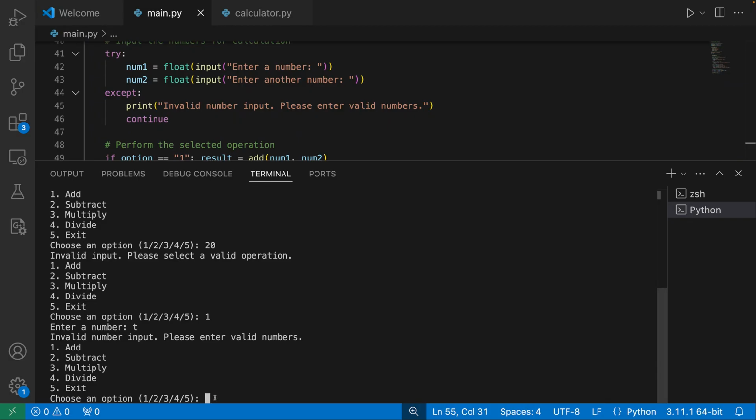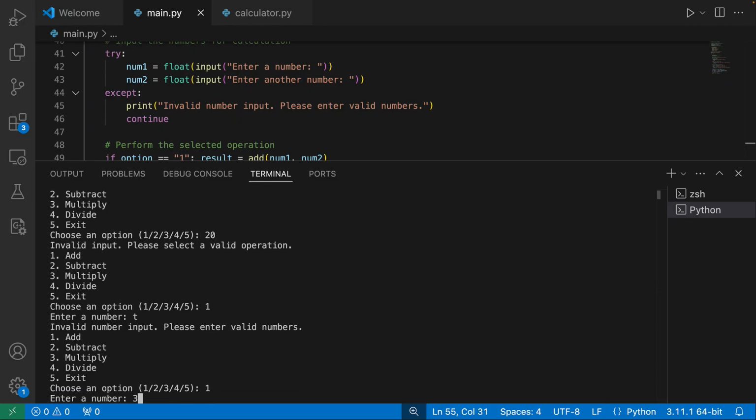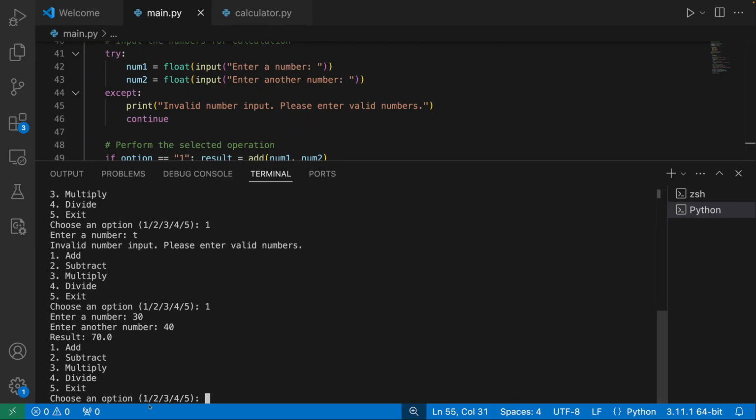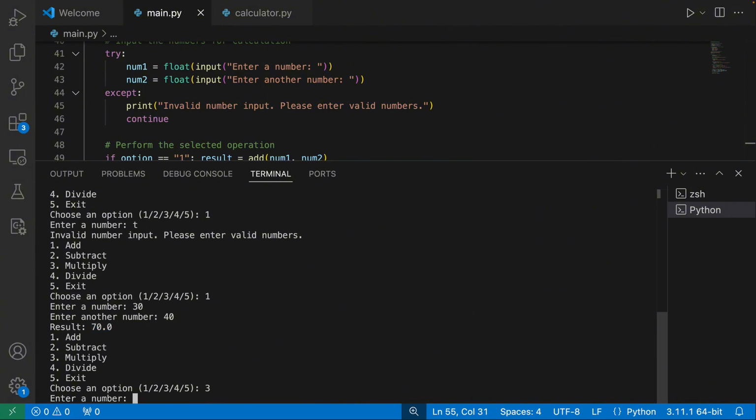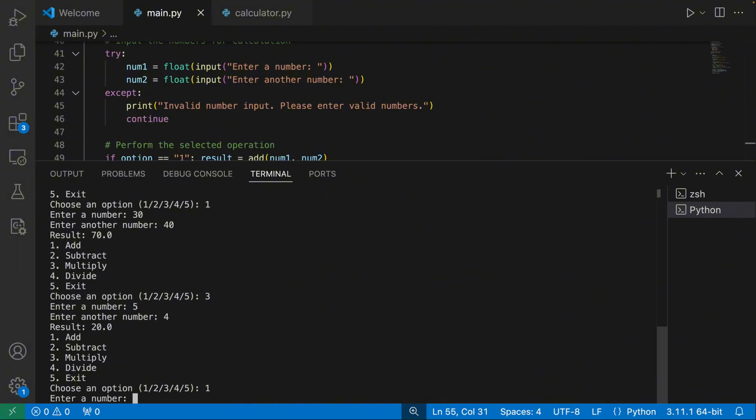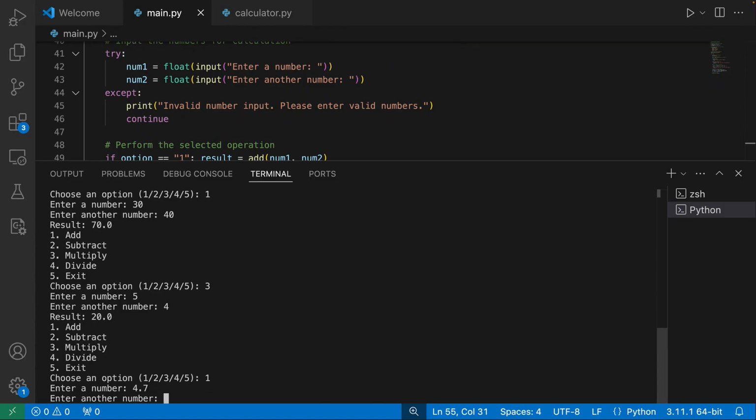So now we're going to do 1 again, enter a number, 30, and enter another number, 40, so we should get 70 as our result, and that's exactly what we have. Then we loop back. So maybe let's try multiplication, which would be 3, enter a number, 5, 4, we get 20, because 5 times 4 is 20, and it's a float. Even though if we really want to, we can make it more precise. Let's say we do 1, we could do 4.7, and we could do 2.3, and